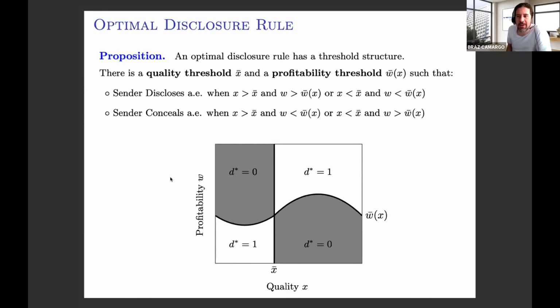So how important for this result is the assumption that the X and the W are independently distributed? Not important at all. You might as well just think that it's any distribution. Okay, but this threshold curve could be very, very weird, right? In principle, it could jump. So for instance, let's say that we assume that the distribution of the receiver outside option is continuous. That is already going to imply that this is going to be a continuous function. So it's not going to be too crazy. So with mild assumptions, I can get that this function is going to be somewhat reasonable.